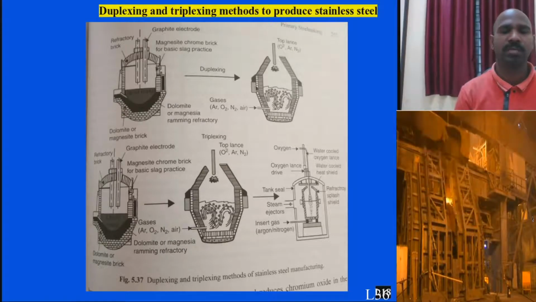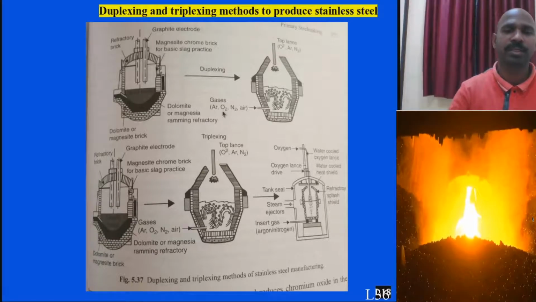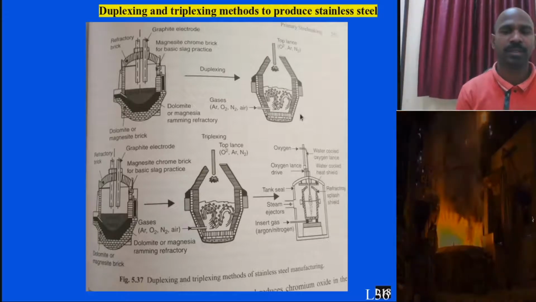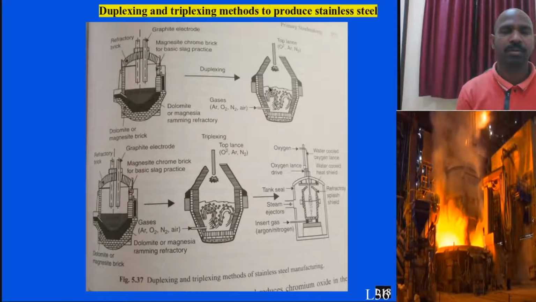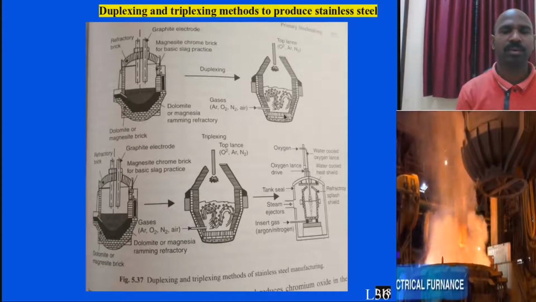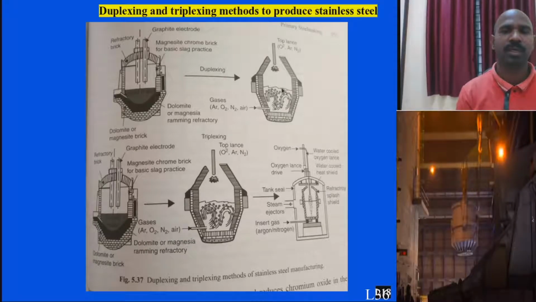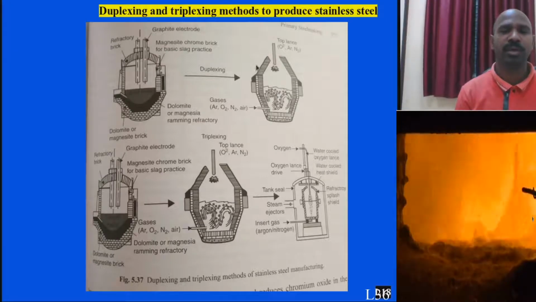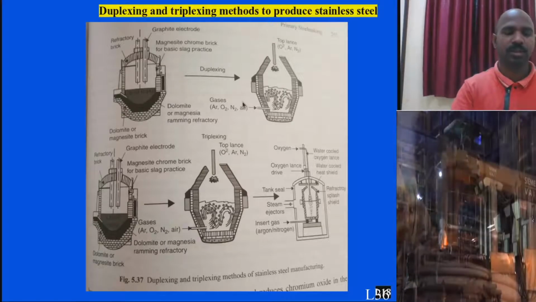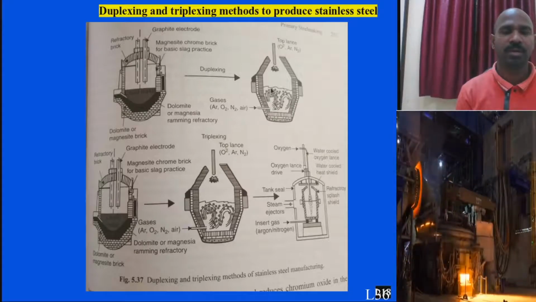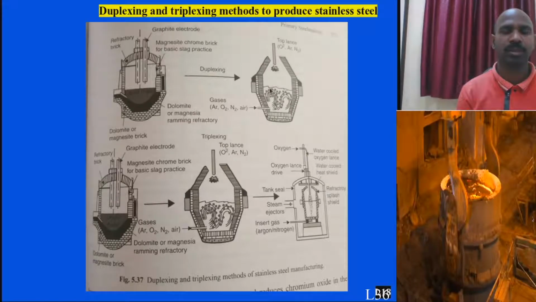Because the inert gas and oxygen mixture is sent from the bottom along with the top oxygen lance, the partial pressure is reduced, which helps retain chromium in the molten metal, and carbon oxidizing to a certain level is quite possible. This involves reduction of pressure as well as maintaining a temperature of around 1220 degrees Celsius. This is about the AOD vessel.